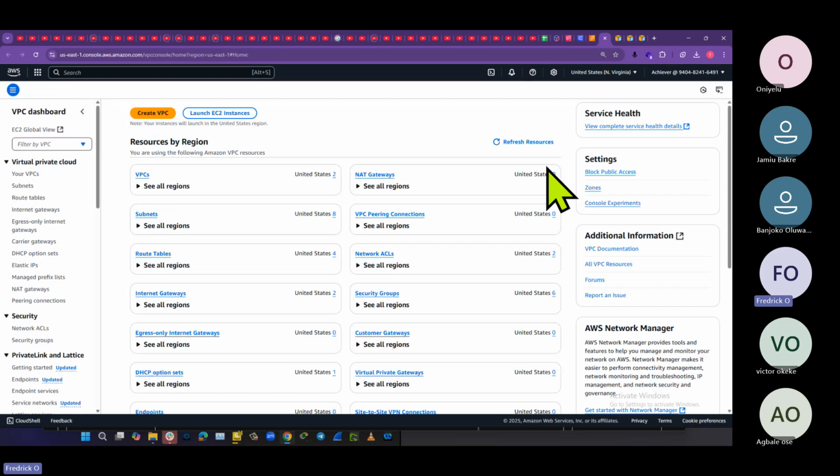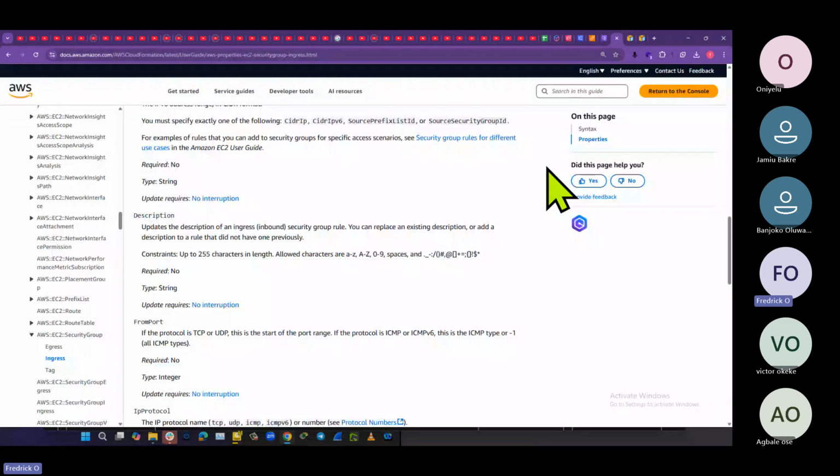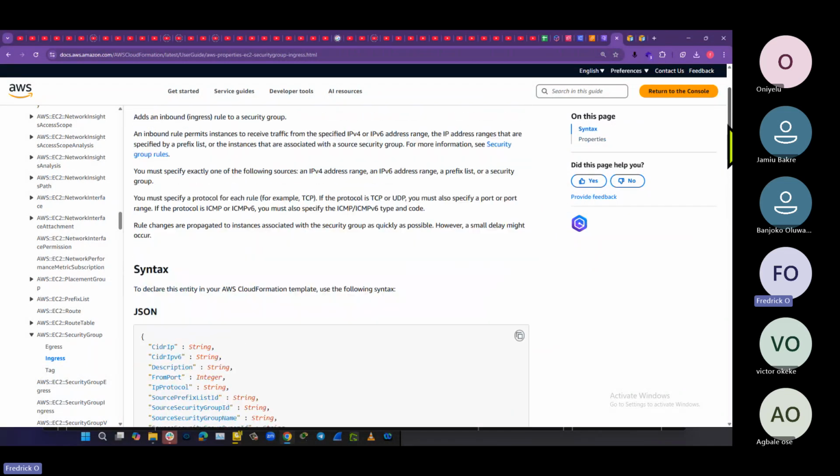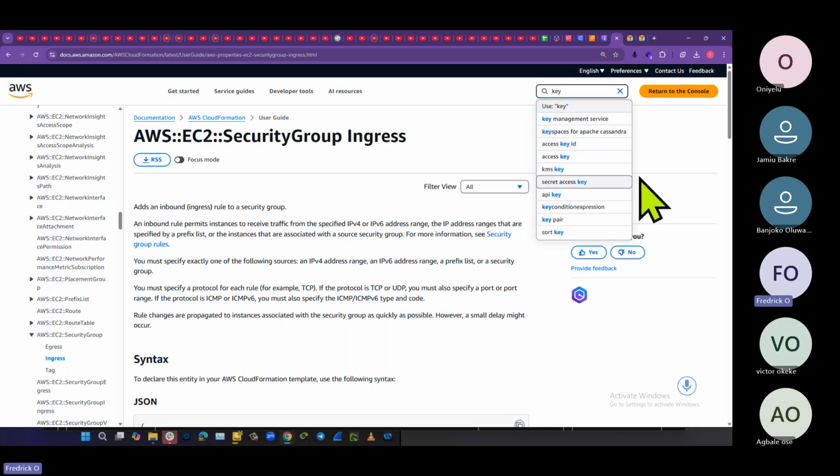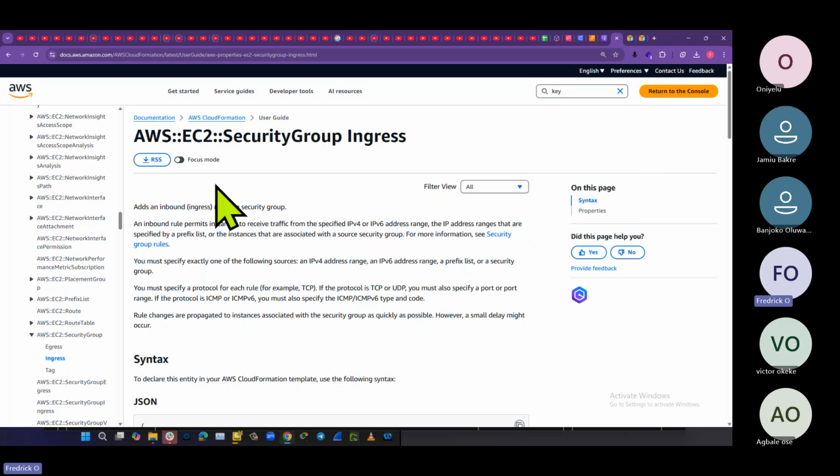Now, I like the fact that we are doing all this so that we'll just be seeing what is happening. If you are making a mistake, you will know. So you can also search the guide. For instance, if you come here and type key, you understand? No, you might not find it here. So we can